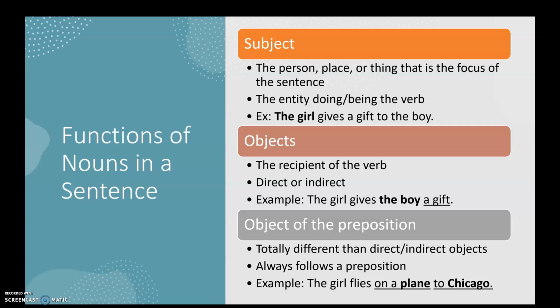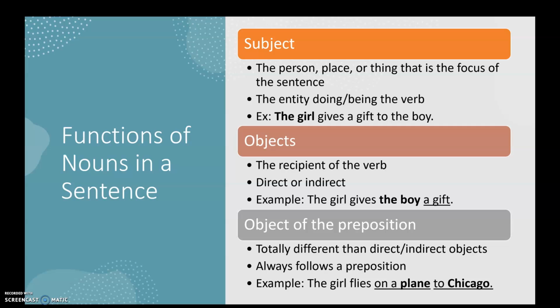So last time we talked about what nouns are. They're persons, places, things, ideas, events, emotions, animals, anything like that. We talked about how to test for a noun. So the noun test: if you put the word "the" before a word or phrase and it makes sense, it's functioning as a noun, even if it doesn't initially seem like it. We used the example of running.